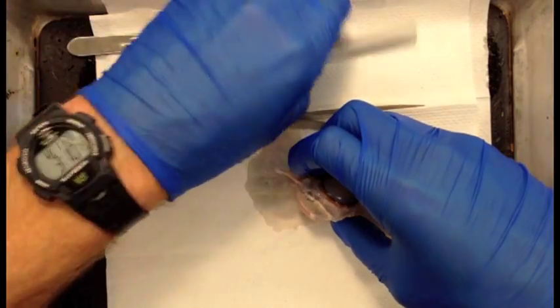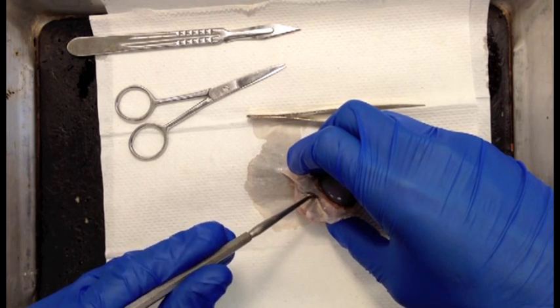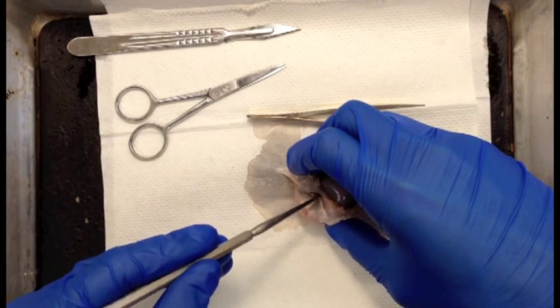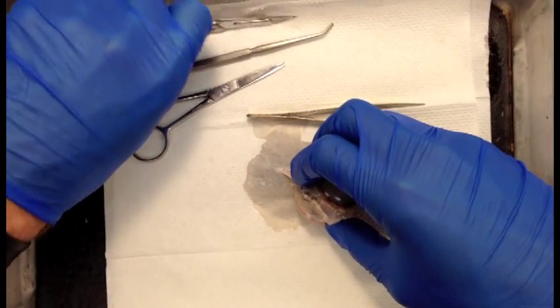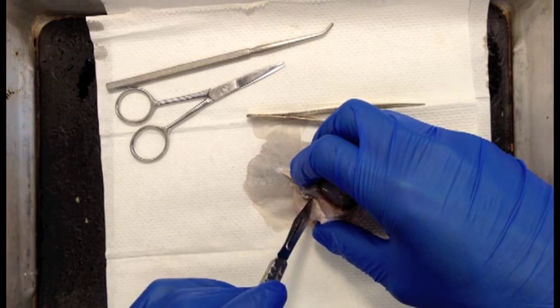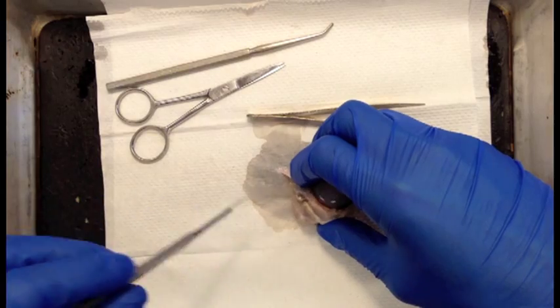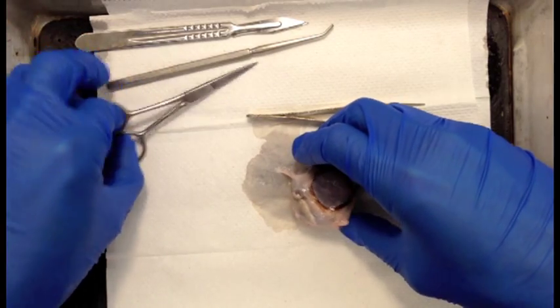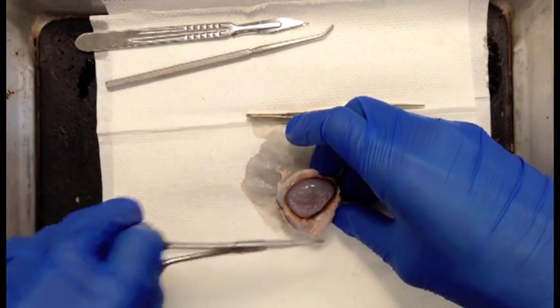And you can see this hole that I've made is right here, the little black dot. See this, the dissecting probe should be able to go right in. Okay, so there's a little hole right there. Did I make it all the way through? Okay. Now what I'm going to do is use the scissors to cut all the way around to finish that